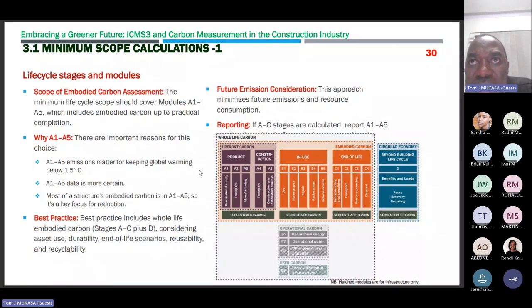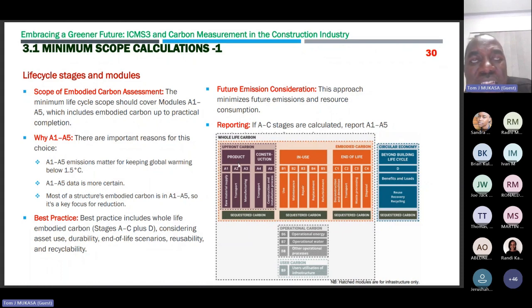Because the biggest culprits in this game are clinker, that is cement, and then steel. The process of manufacturing steel uses a lot of energy. For clinker, the chemical reactions involved in producing it give out a lot of carbon dioxide. Forget about the energy involved, it is the chemical reaction. So cement clinker is one of the biggest issues, and all that is in the structure, okay? If we get solutions for the structures, I'm sure that we shall have done a lot.